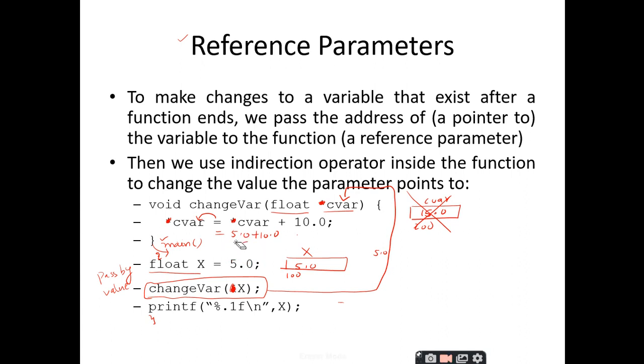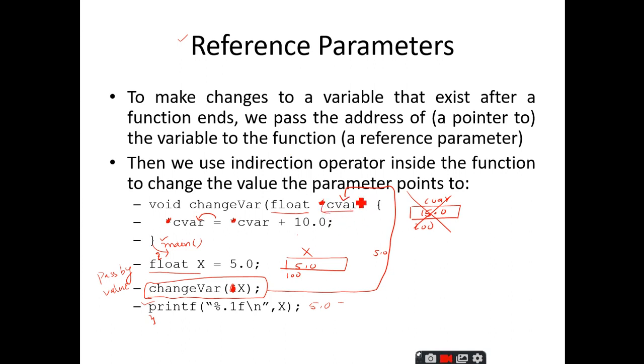So once you return to the calling function, that is the main function, if you execute this statement printf percentile dot 1f x, what is the value of x we have? 5.0, sir. Therefore, it is going to print only 5.0. So, the pass by value is not making any modifications in the actual parameters, though you are making modifications in the formal parameters.